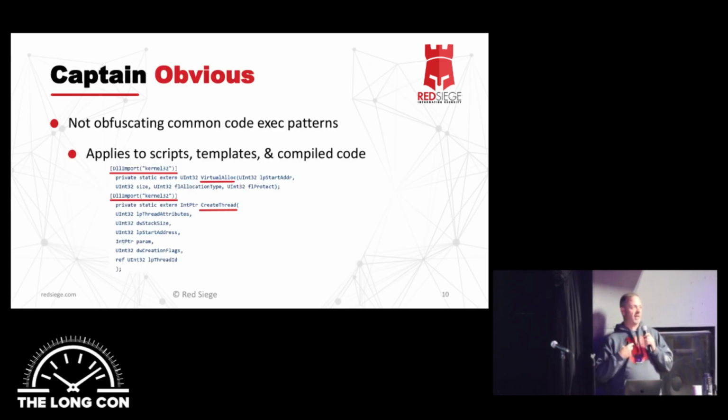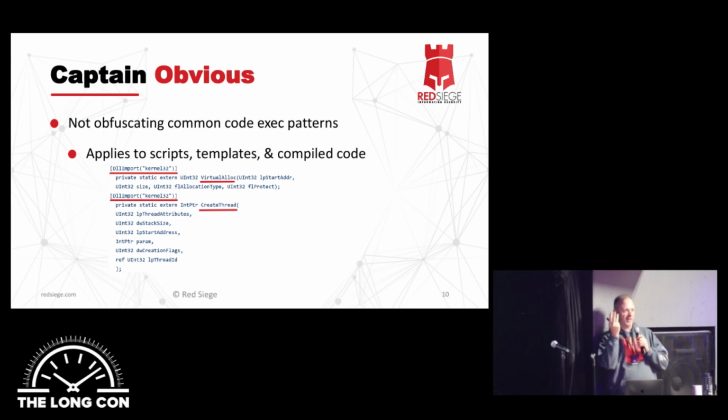Not obfuscating common code execution patterns. Whether that's a script, an MS build template, or compiled code, there are things in your code that are signs that you're trying to do something bad, maybe. And not obfuscating those can get you caught. So if you're using C# in something like an MS build template,